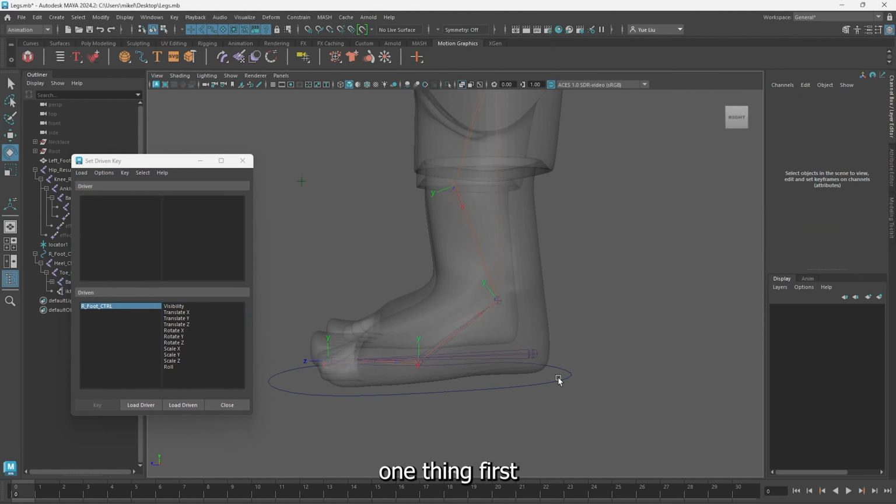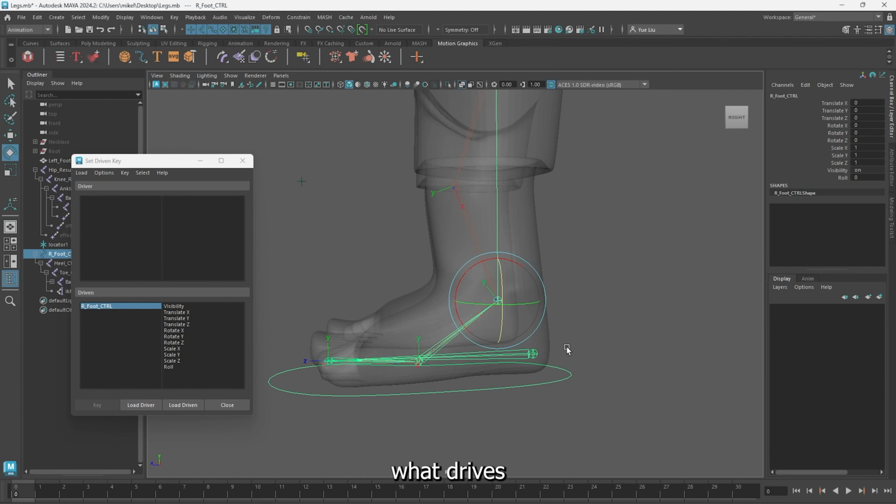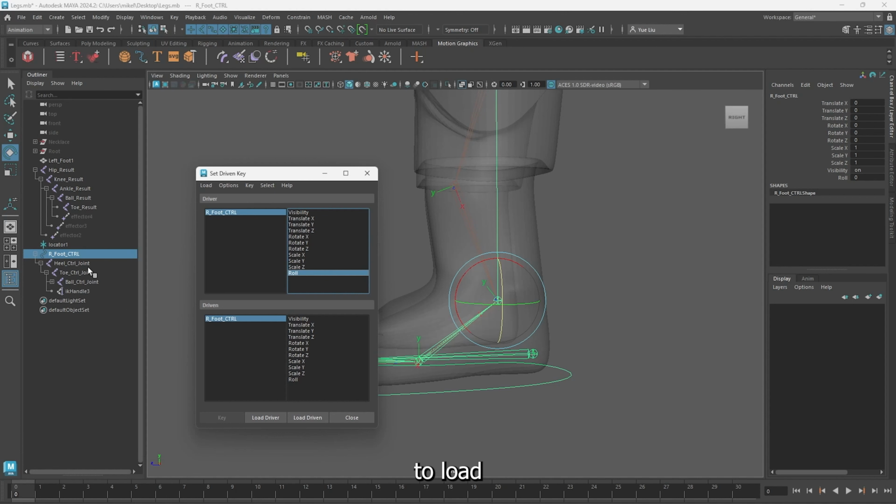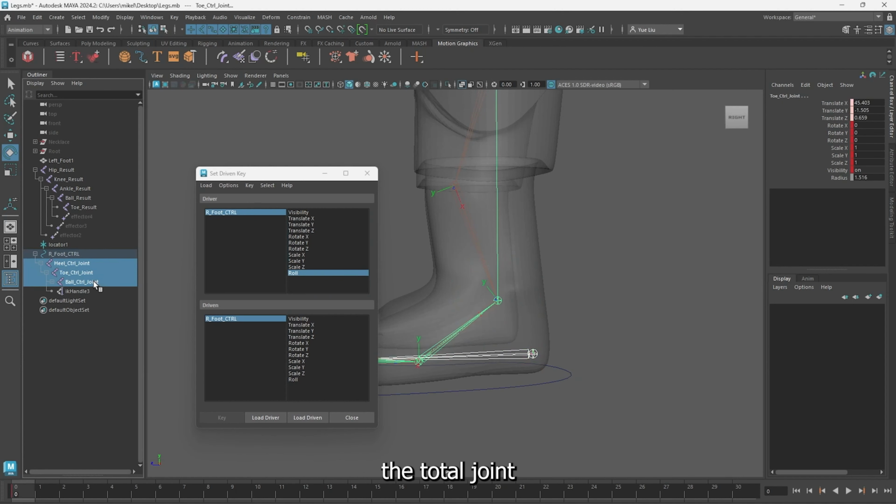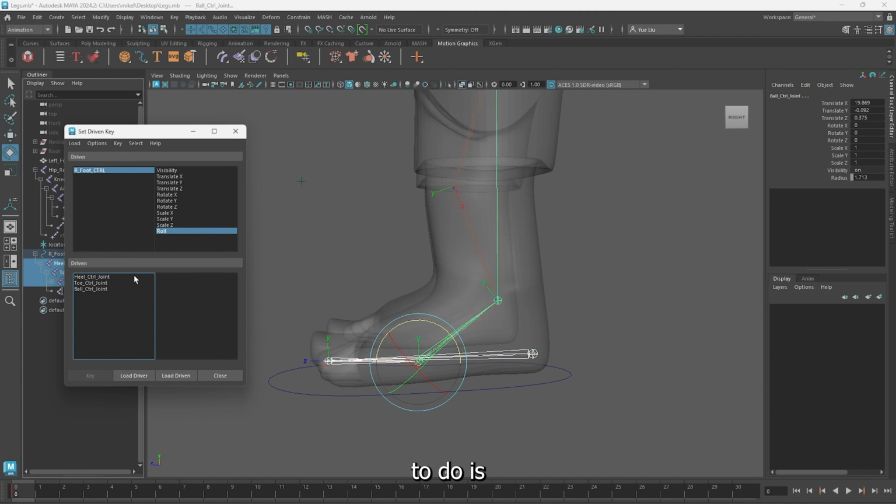So I'm going to load one thing first as my driver, so that's what drives the driven. So I'm going to load the control as my driver. And then you can see my roll value shows up here. And then what is driven is going to be my 3 joints. So I'm going to load the heel joint, the toe joint, and the ball joint all as the driven. So load driven. So what I'm going to do is when the roll is set to 0,